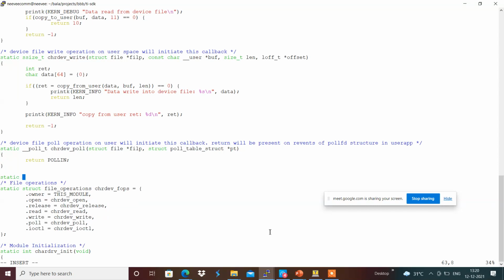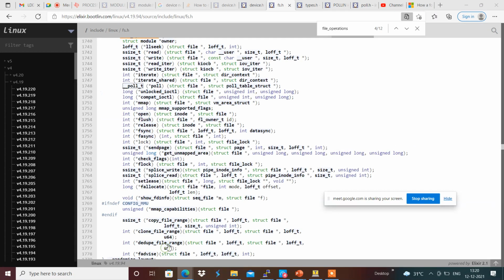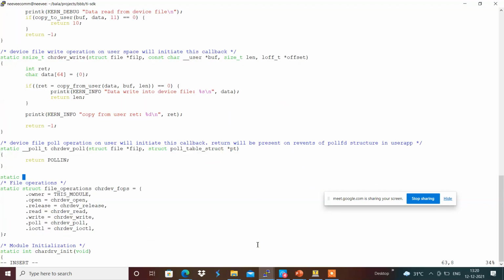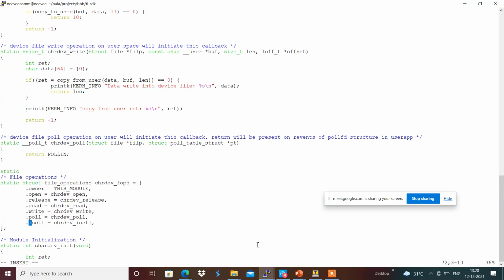The return value of unlocked_ioctl is long, with file, integer and long.